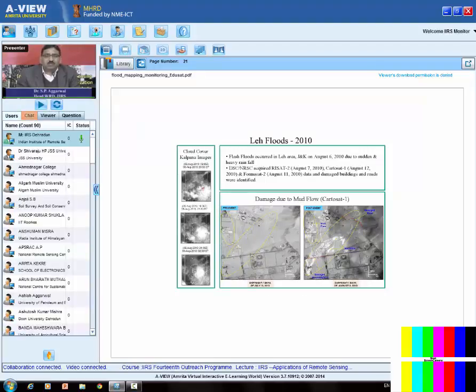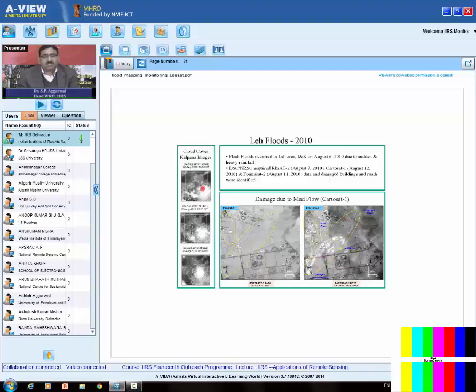This is another example, the 2010 Leh flood. You see before flood and after flood you find all the mud flow. This is a Cartosat 1 image. I want to highlight here, basically, if you see, a lot of synchronization of that event of